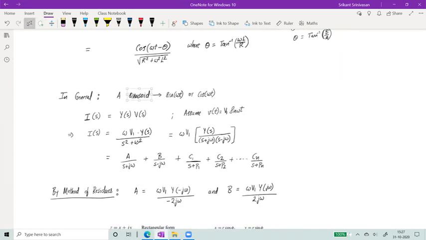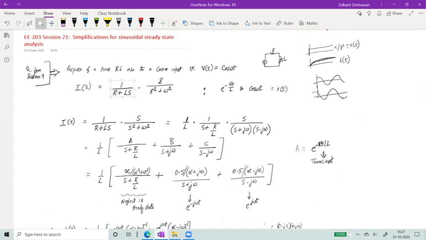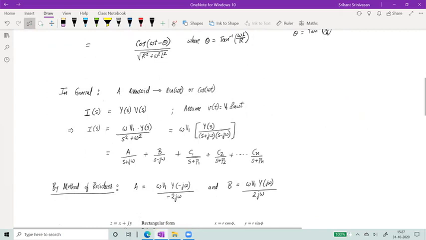Now, in general, like we solved in the earlier case, we said the current is some admittance times the voltage, right? That's what we did on top here. So let's write it out. This is Y of s and this is V of s. So current is some admittance times some voltage. Transform admittance, transform voltage. So I is Y of s into V of s.